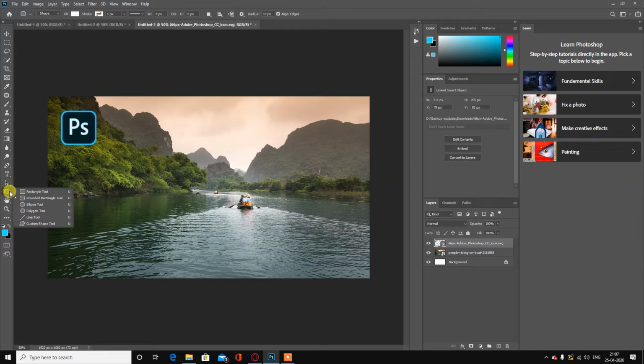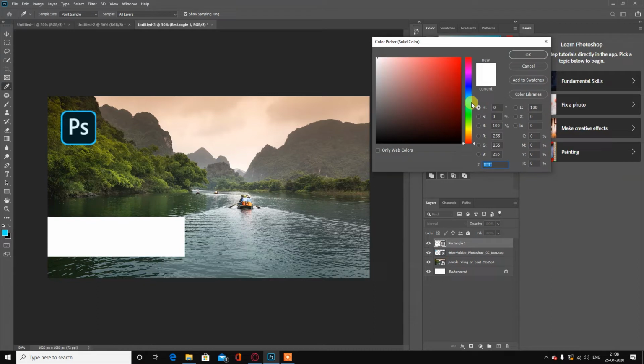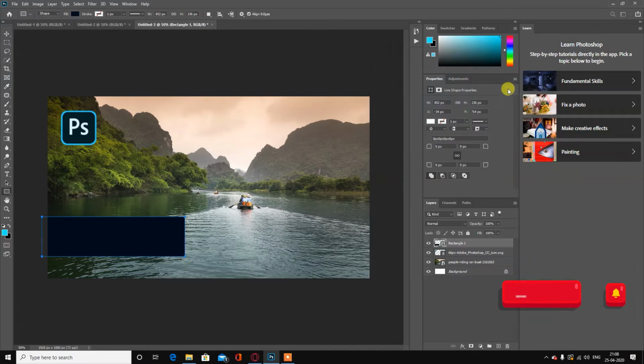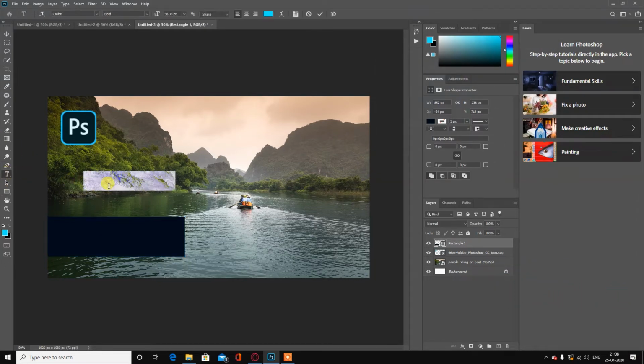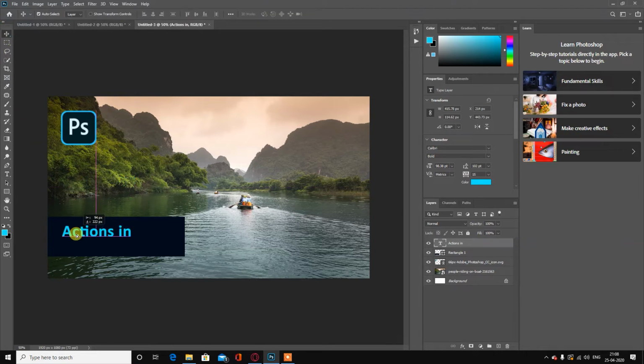So now I want to create a rectangle here like this. Change the color for this rectangle, like I want to create this color. Great. So now I want to type in the text. Like actions in, I can place that here.